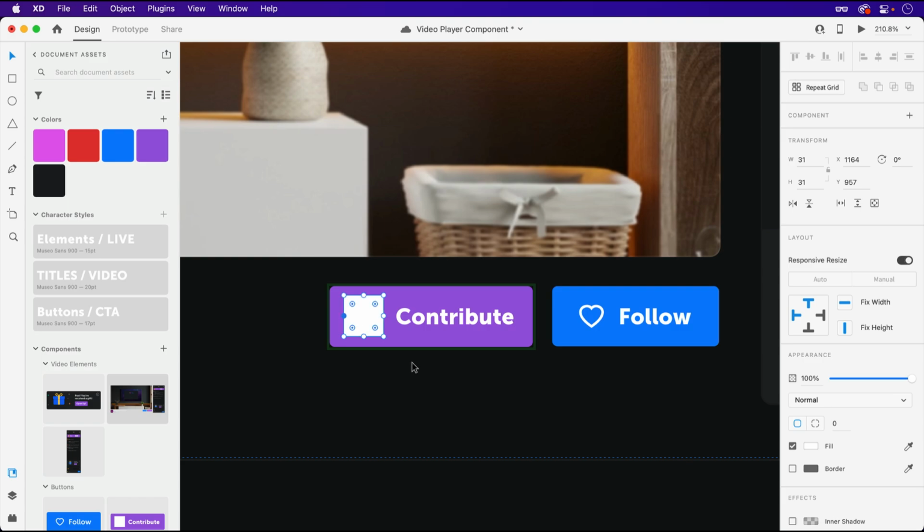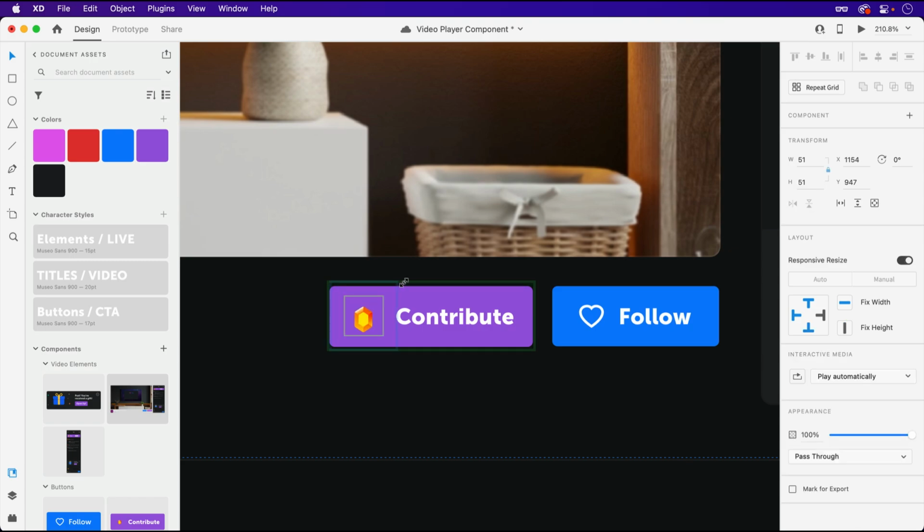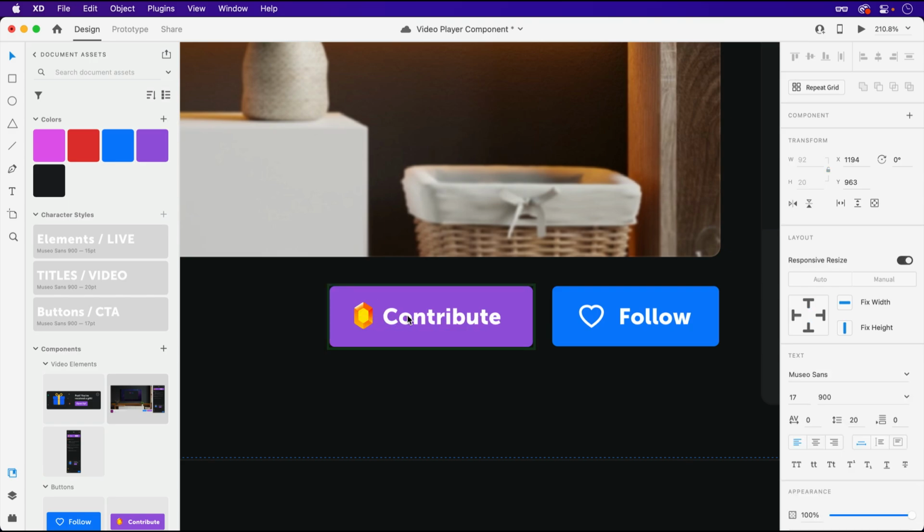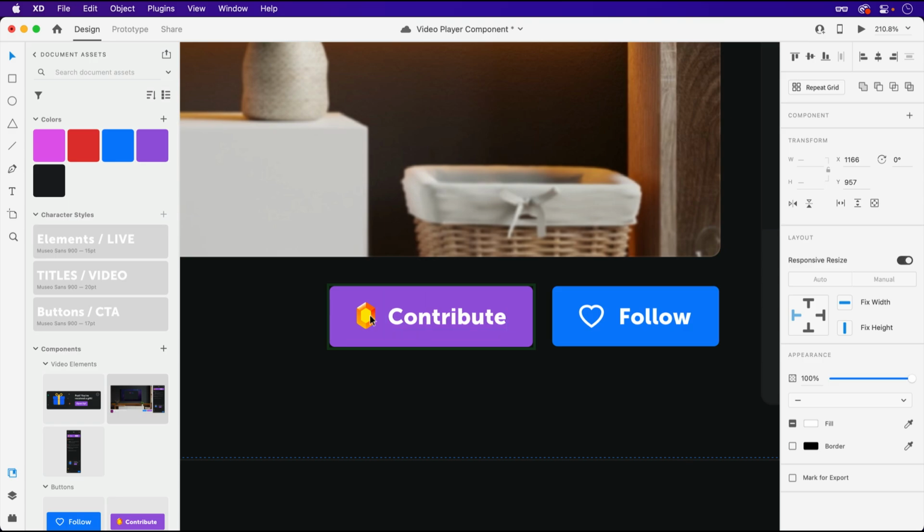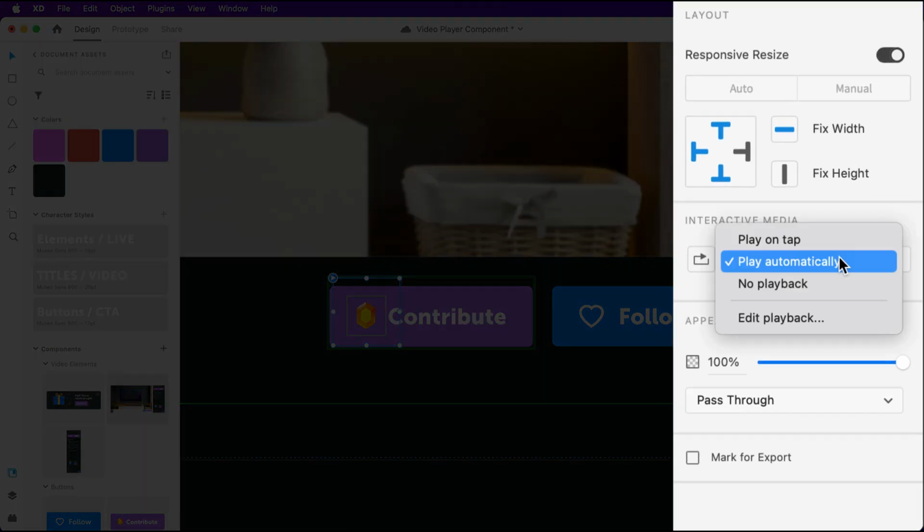So, switching over to Finder, I have an animation from Lottie files that I'll drag into this component, then transform until it fits nicely. Since this animation contains expanding elements, the bounds are a touch larger than the visible design. I'll also want to make sure that the text and icon are centered within the overall container. Finally, for the default state, the animation should be set to no playback within the Properties Inspector.